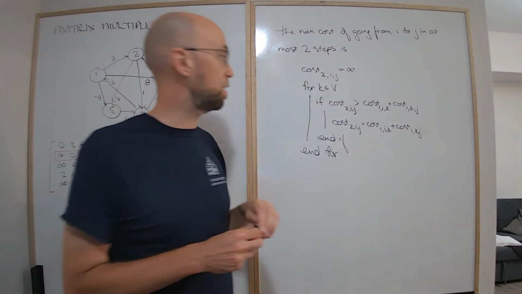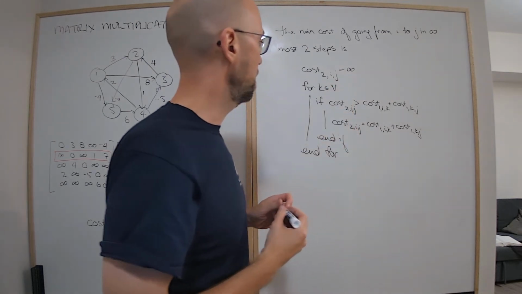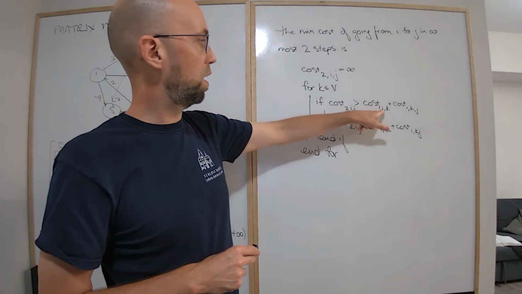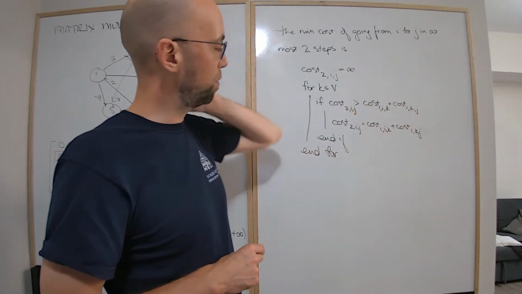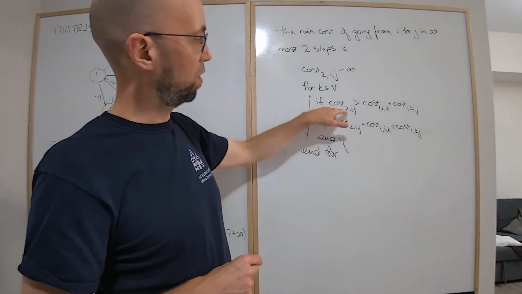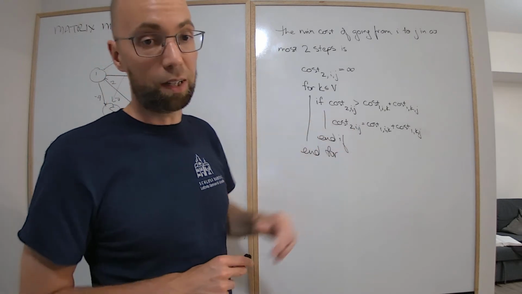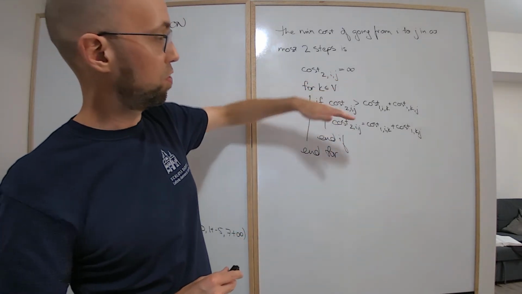And then for every vertex k, we look at the cost of going from i to k in at most one step, and the cost of going from k to j in at most one step. And if that's less than our current estimate of the cost of going from i to j in at most 2 steps, then we update our estimate. So it's basically just a min